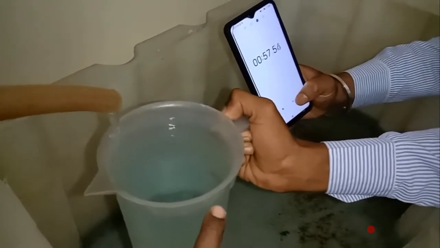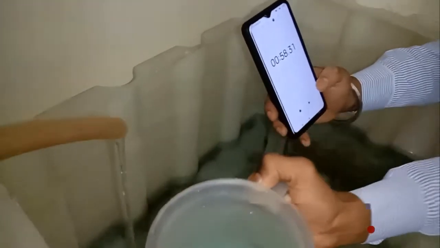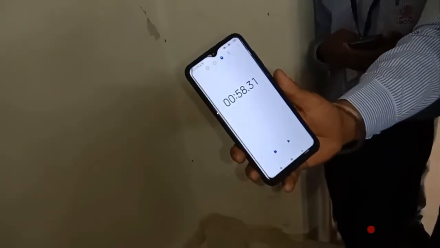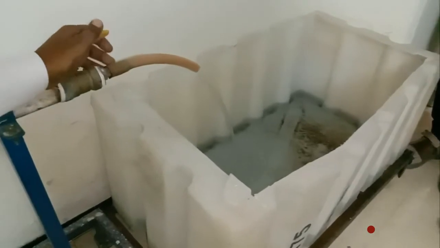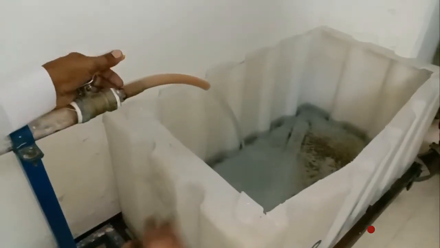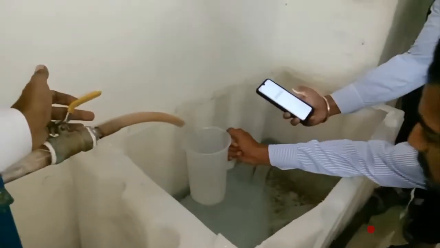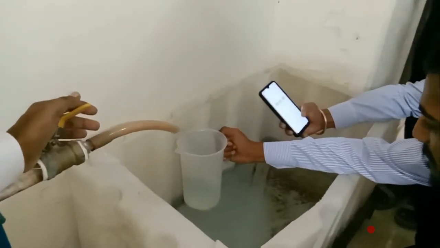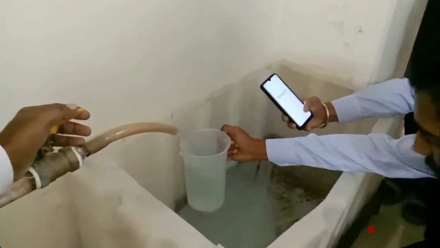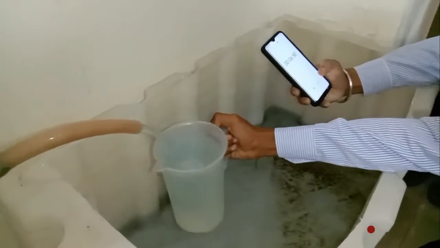When it comes to that level, yes. Now for turbulent flow, suppose we have used this flow, you can take the reading. 6.58 seconds.